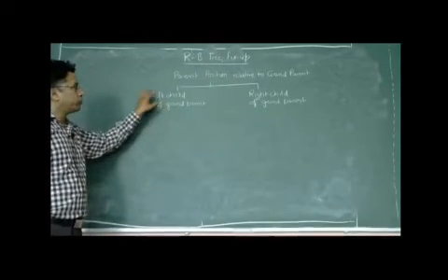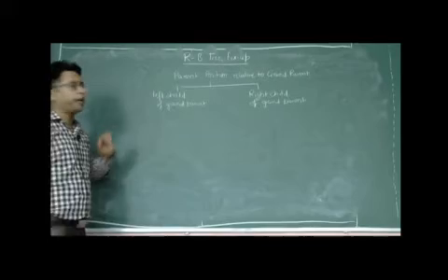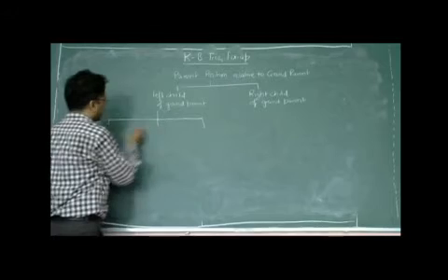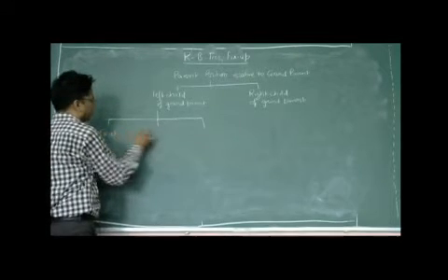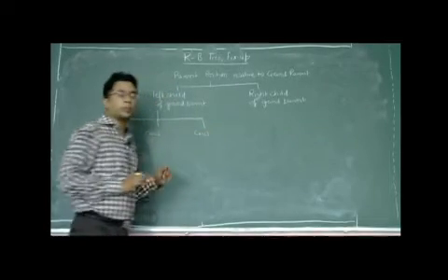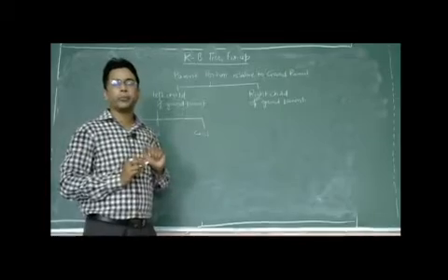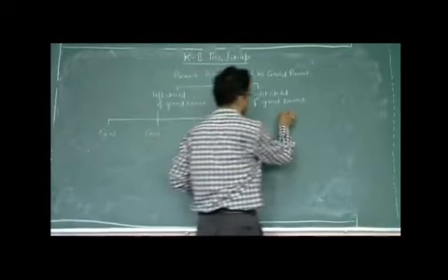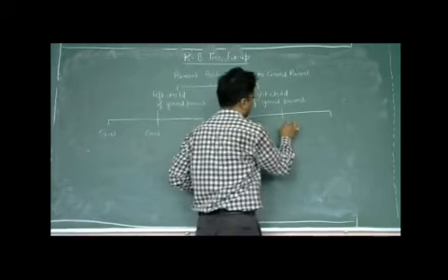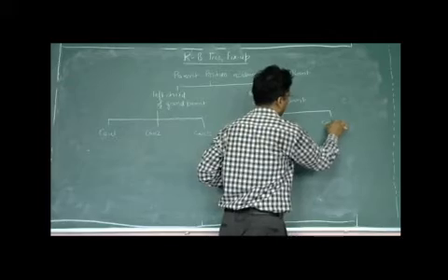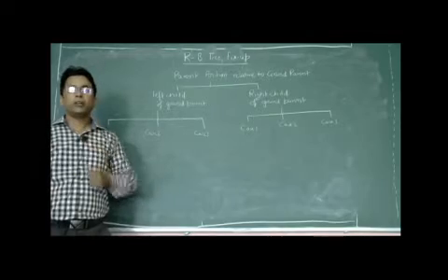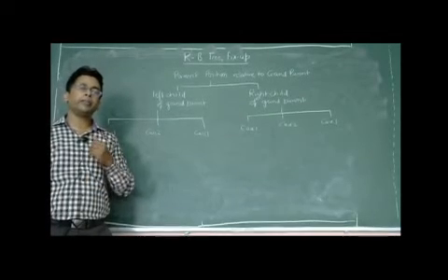Again, when the parent is the left child of the grandparent, there are three cases: case 1, case 2, case 3. And similarly, when the parent is the right child of the grandparent, there are three cases: case 1, case 2, and case 3. So overall, there are 6 cases of RB tree fix-up.